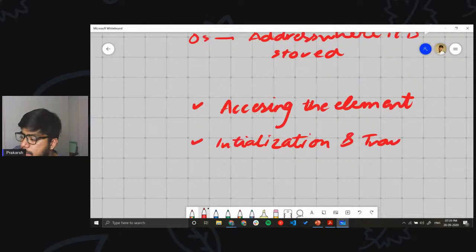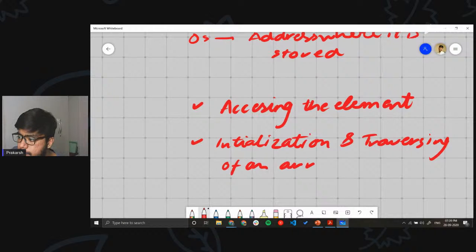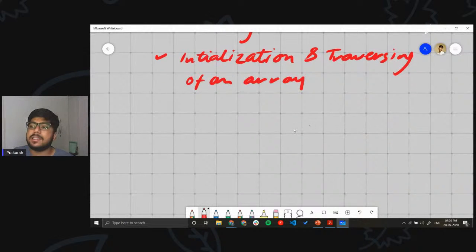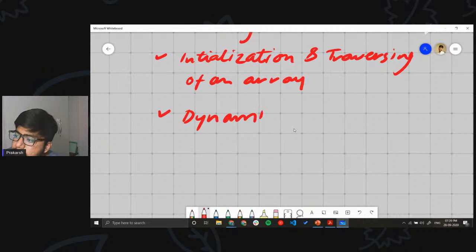And traversing of an array. After initialization and traversing, there would be some part which will be used for dynamic arrays. So these are the parts which we really need to cover, and these are the parts which you really need to focus upon. And the questions that would come: